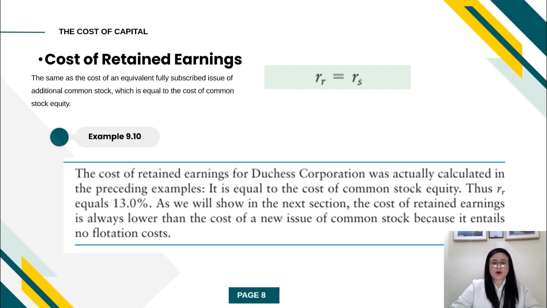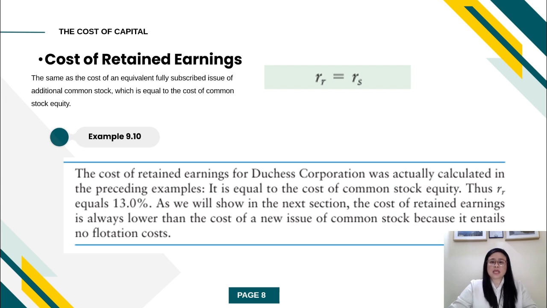The other source of long-term capital is the cost of retained earnings. What does the cost of retained earnings mean? Imagine you're running a milk tea stand. You could borrow money from the bank to buy more milk tea powders or boba or the ingredients for your business, which is the milk tea stand. You borrow money through a bank, or debt financing. Or you could use your own savings, which is called equity financing, specifically retained earnings.